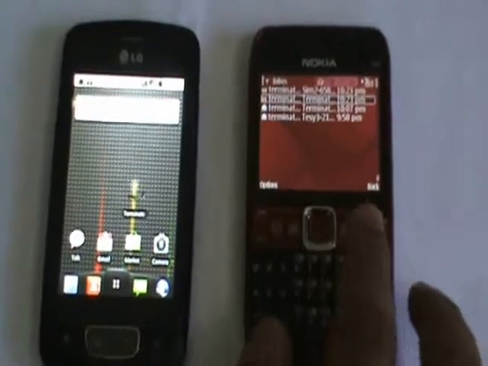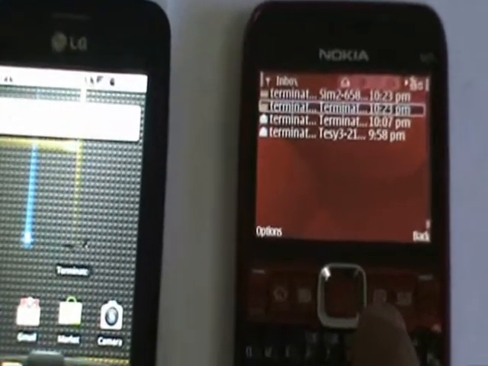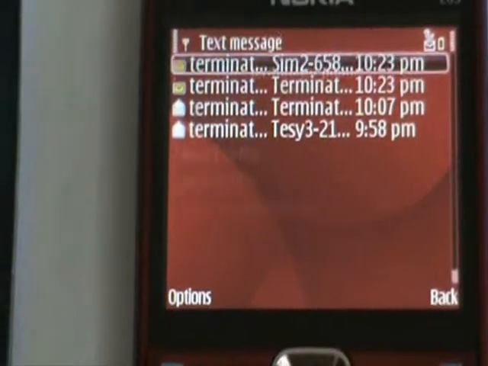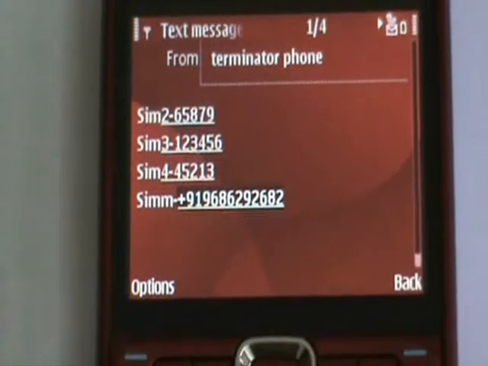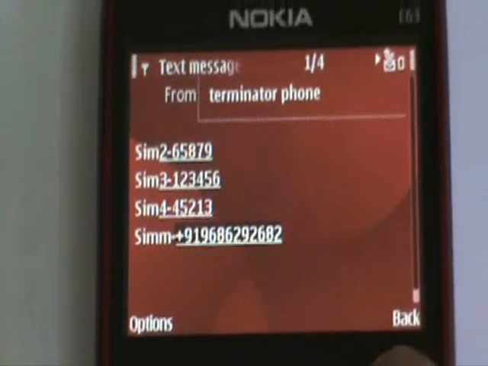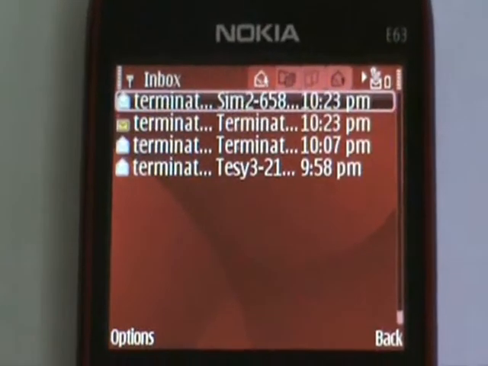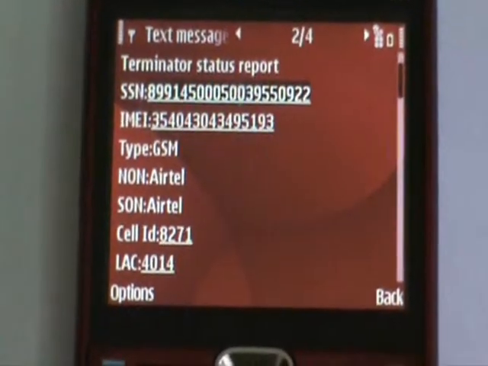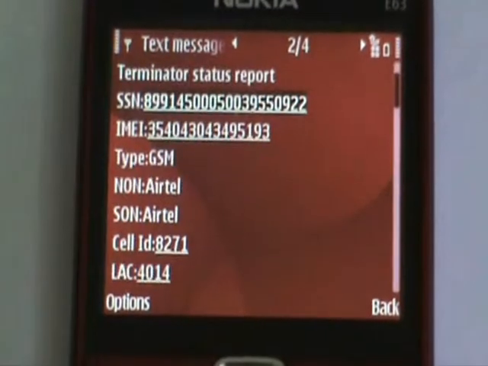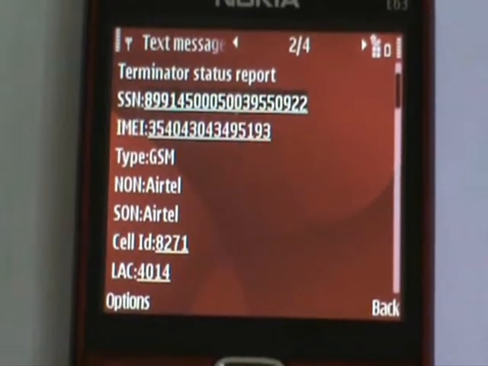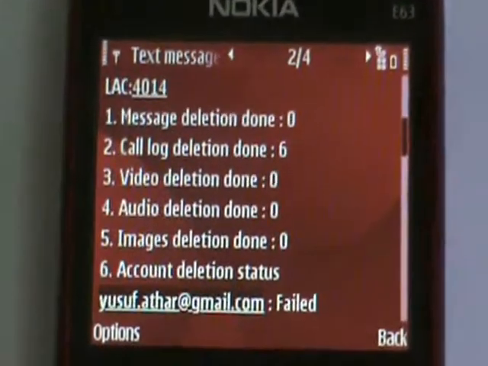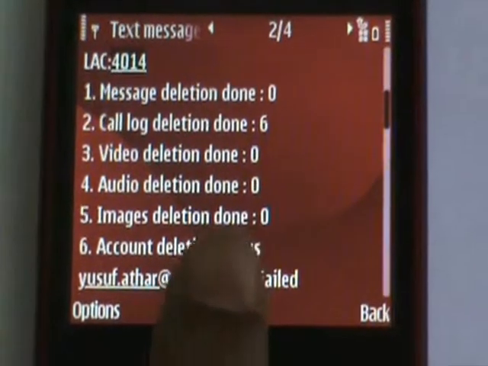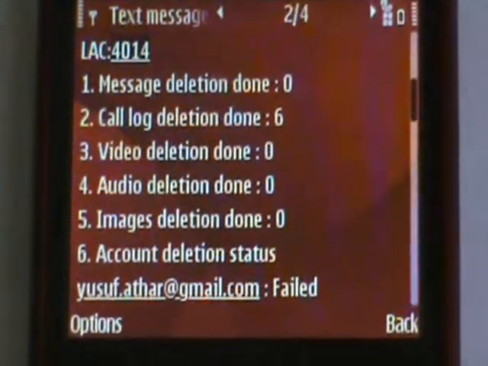Okay, now we see that we have received more SMS for the default terminate command that we executed. So we received more contacts from the device, and we have also received a status report. Now in this status report we can see that it gives the SIM serial number, the IMEI number, and the other information of the SIM. Apart from that, it gives the entire history of the actions taken on the device.